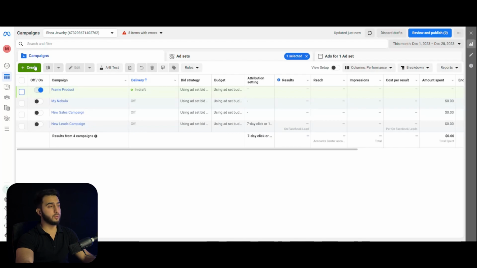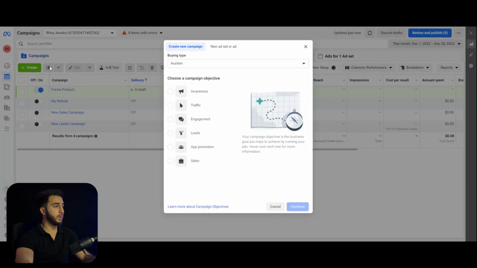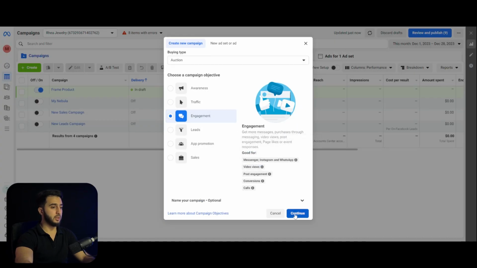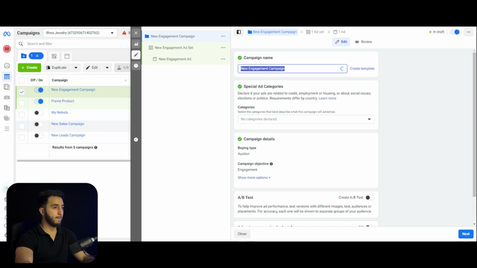And I also advise you to run page like ads. It will be better for your page health. And also make sure you post on this page every week, so Facebook will see you are active, and they will not ban your account easily. So here we will choose engagement, continue, and again we will name the campaign, continue to the ad set level, and